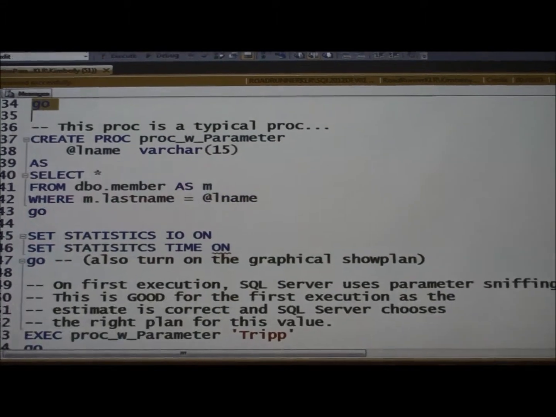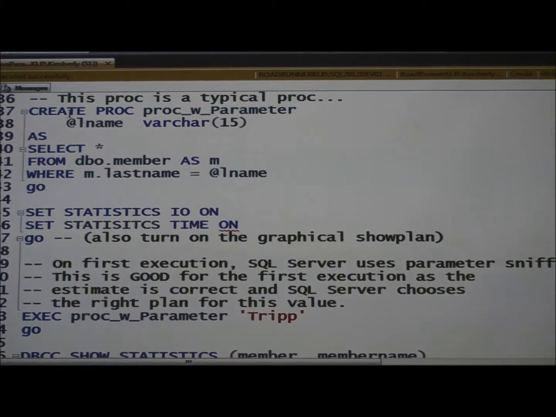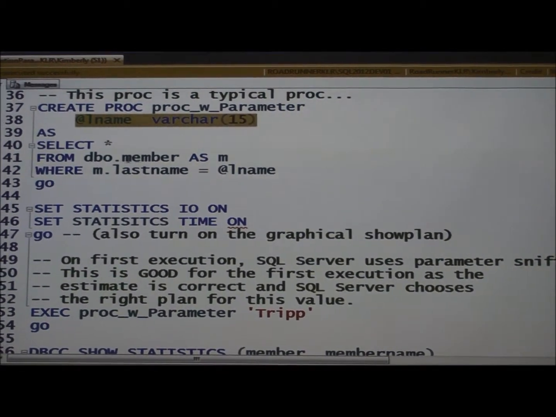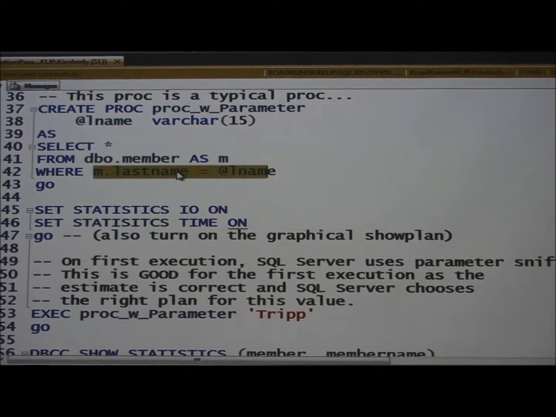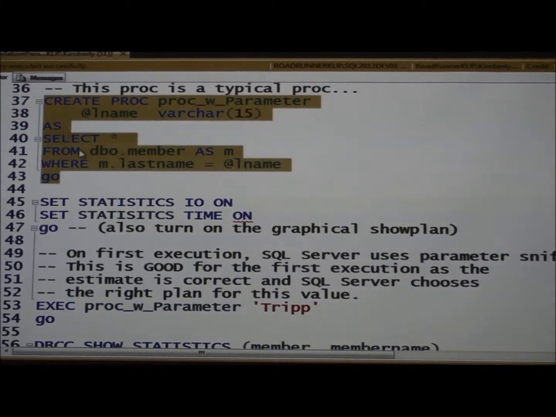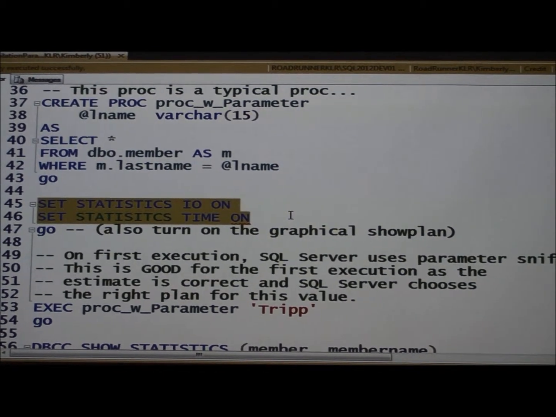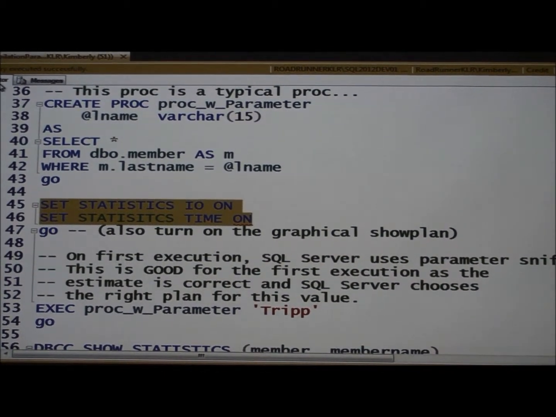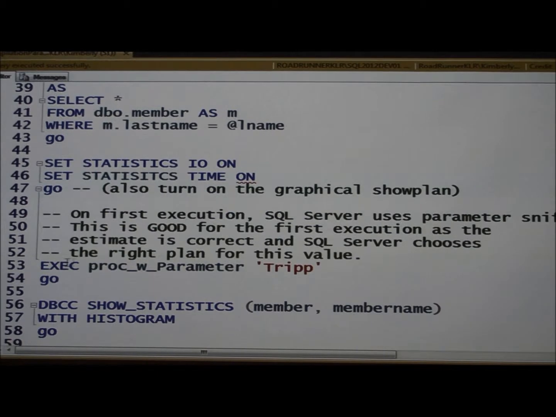And then I'm going to create a really lame but interesting procedure that has a parameter of last name, and then my query basically looks for that particular last name. I mean, it can't get really simpler than this, but here's the point. I'm going to turn on IOs, I'm going to turn on graphical show plan, and I'm going to basically run this with a,